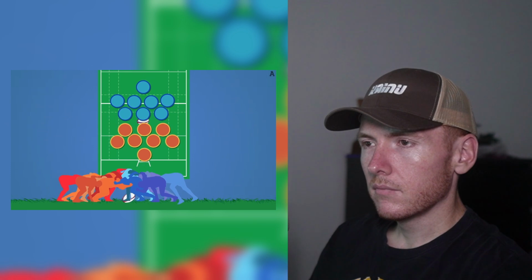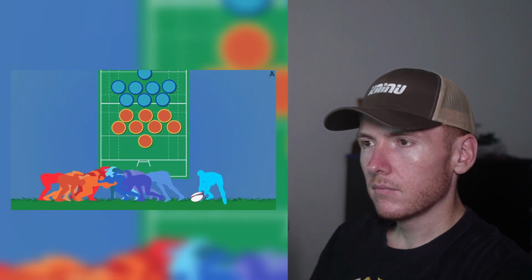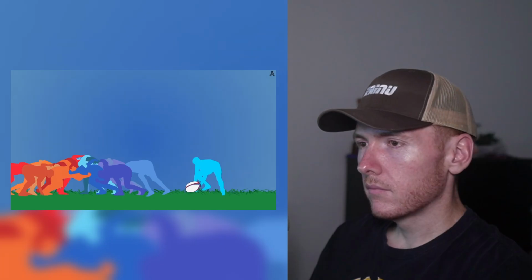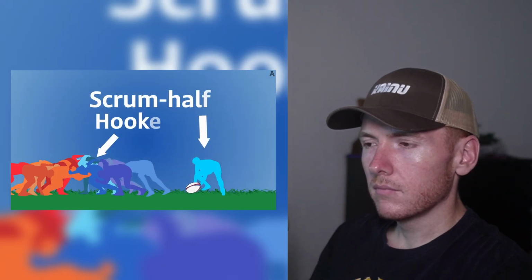at which point the 2 hookers can compete for the ball with their feet and kick it back in the direction of their teammates. The team who throws the ball into the scrum usually retains possession within the scrum because the scrum half, the player who throws the ball into the scrum, and the hooker, the player who competes for it with their feet, can usually synchronize their actions. And the advantage of this scrum is that there will then be more space for the faster backs to gain ground, while all the forwards are concentrated in one area.